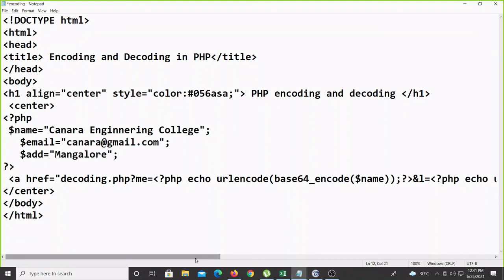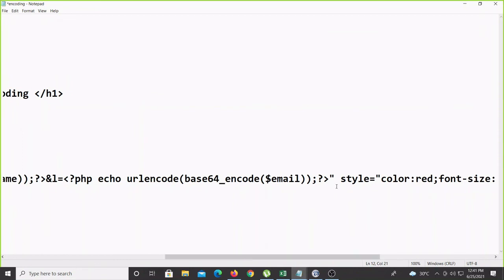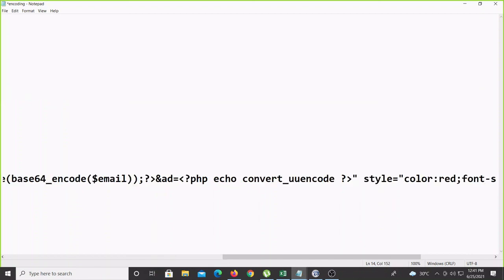And this value I will also pass, after this again an ampersand and ad, I will write only equal to PHP code, echo.